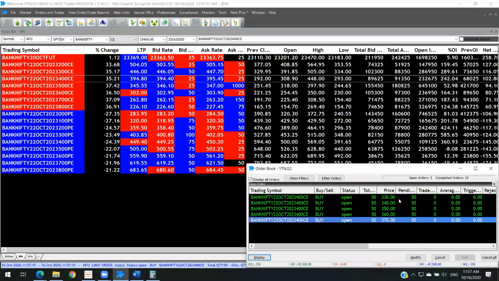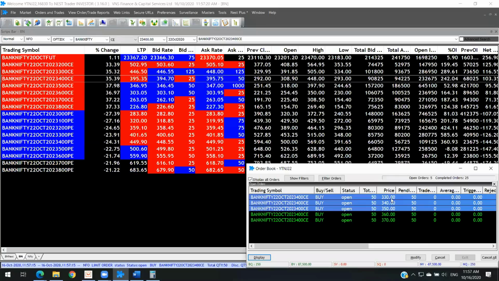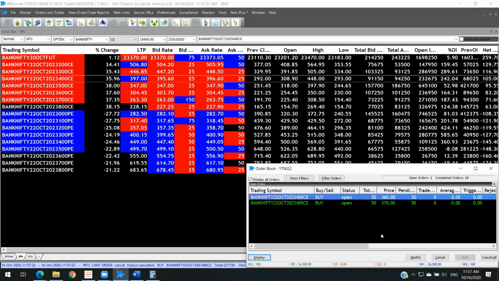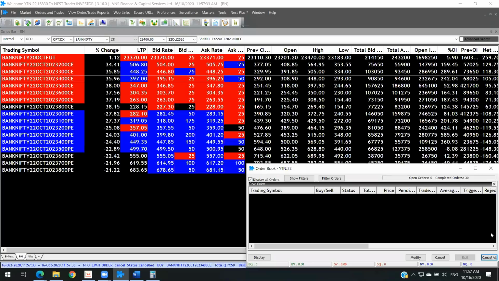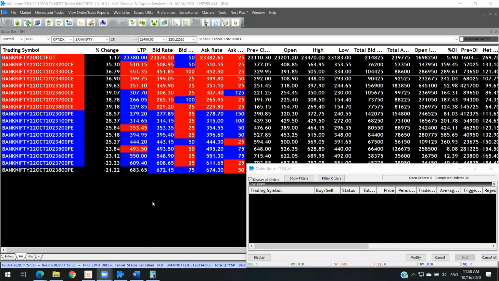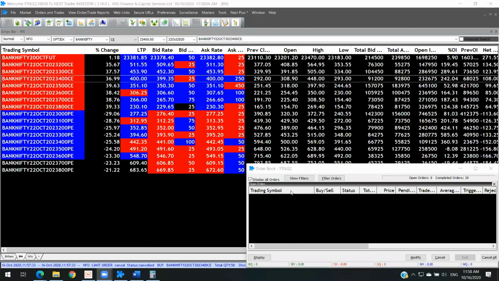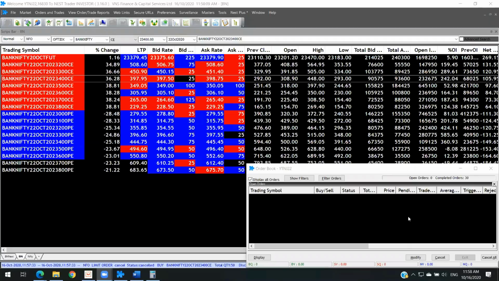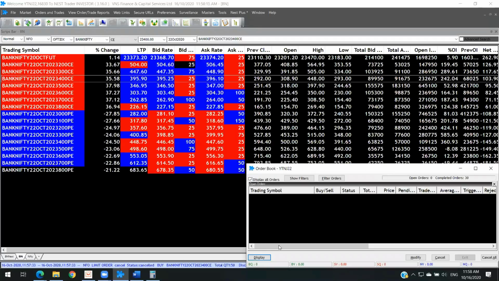For cancel, you need to select which one you wanted to cancel. If you are using cancel all, it will cancel everything. So either you can delete using shift selection, or you can use cancel all to cancel all your orders. So hopefully you guys would have been able to see the trading symbol, the buy sell, and the things which I've added here. And then I told you where you need to look for your margin and other things, how much capital I have, where I can see it, and so on.